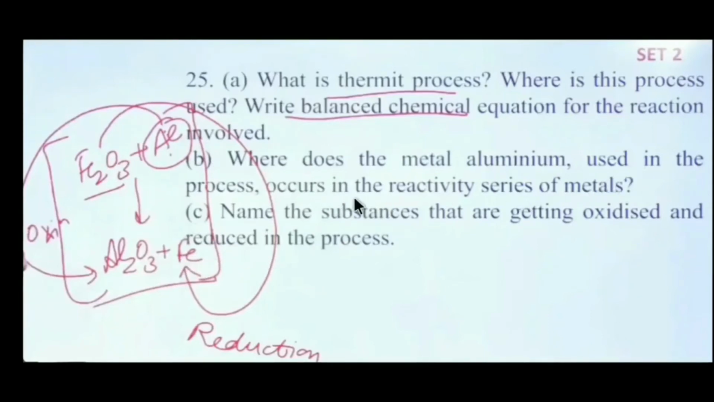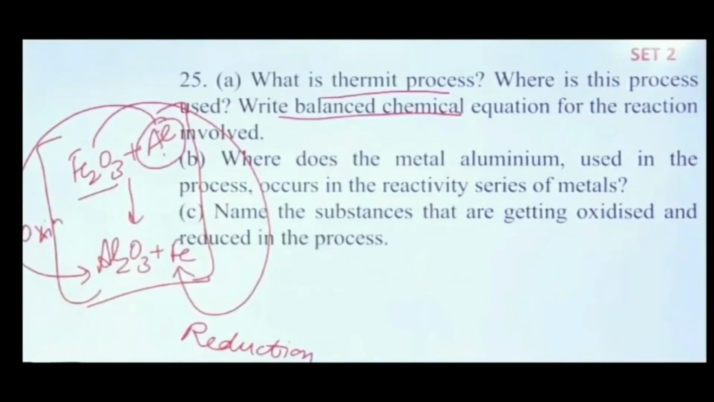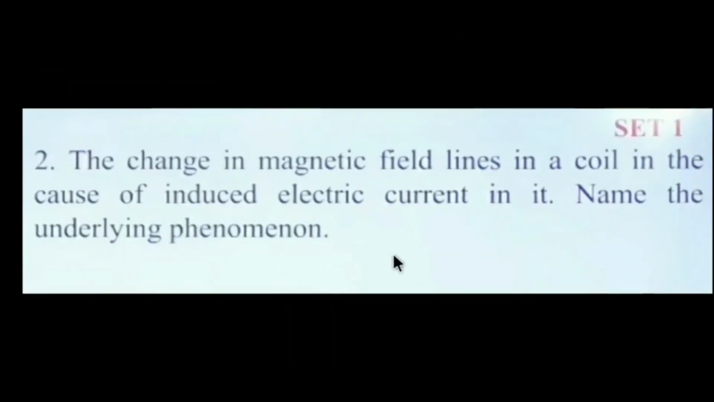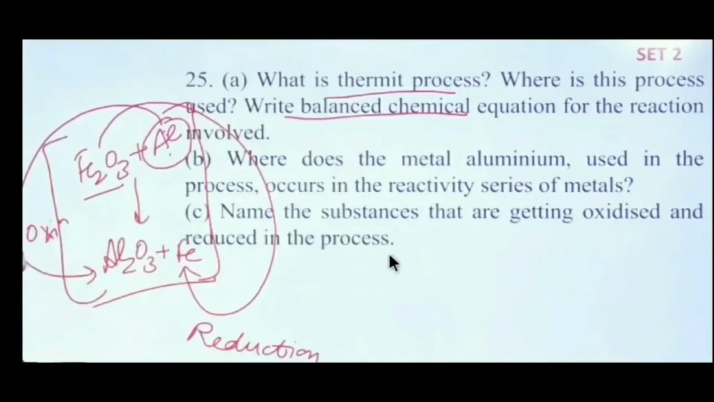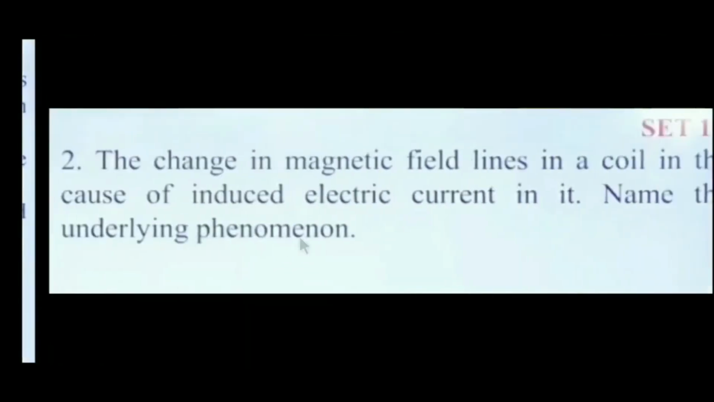Where does the metal aluminium used in the process occur in the reactivity series of metals, and name the substances that are getting oxidized and reduced in the process. ऐसा होता है, एल्यूमिनियम का ऑक्सीडेशन होकर Al2O3 और Fe2O3 का रिडक्शन होकर Fe बन जाता है।